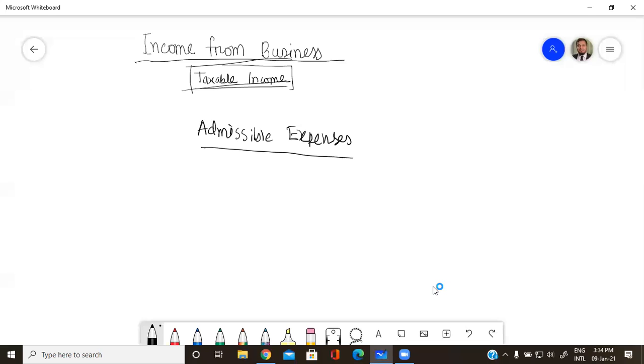Now let's discuss some expenses which are specifically inadmissible. They may look admissible, but for some non-compliance, the admissible expenses can become inadmissible. Though expenses are allowable, but for some non-compliance, the expenses may become inadmissible. So one interesting example is,